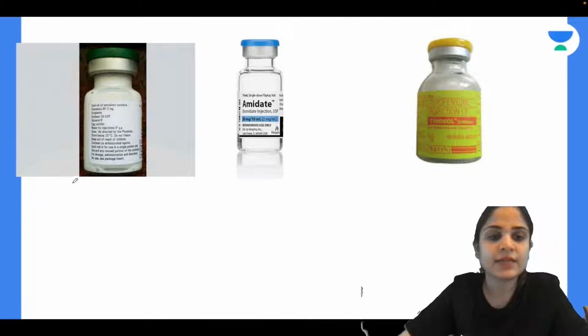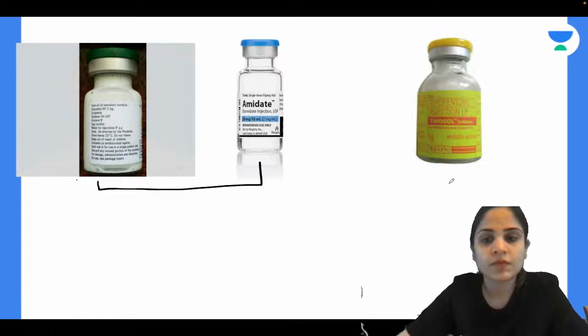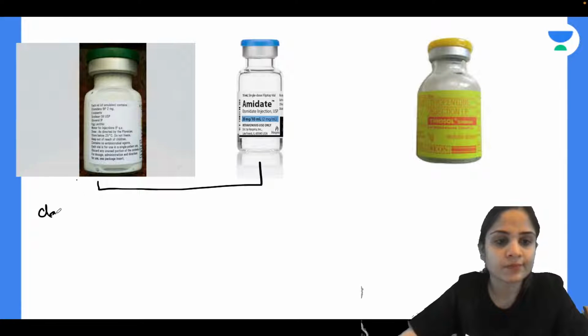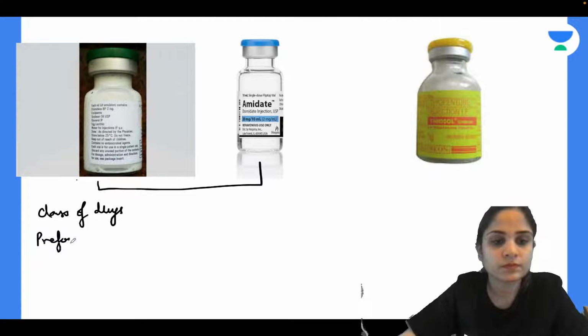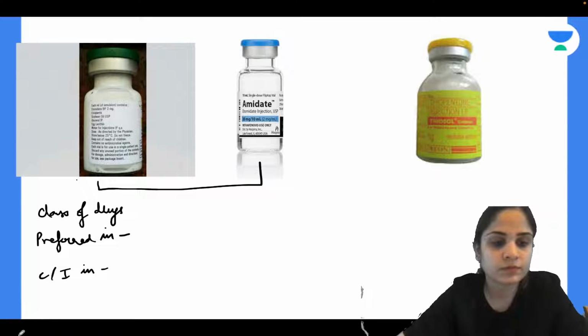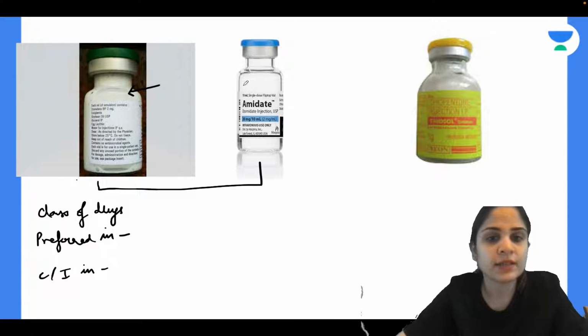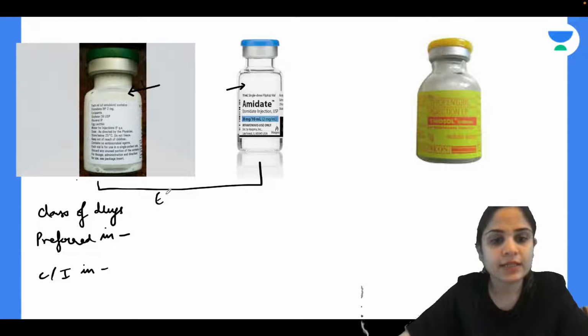So, can anyone identify this drug and then this drug? Okay, very good, Pancake. This drug that you can see over here looks a lot like propofol, correct? This is also milky white in color if you see it properly, but it also comes in a plain form. So it may be either milky white in color or in plain liquid form. This is nothing but etomidate.